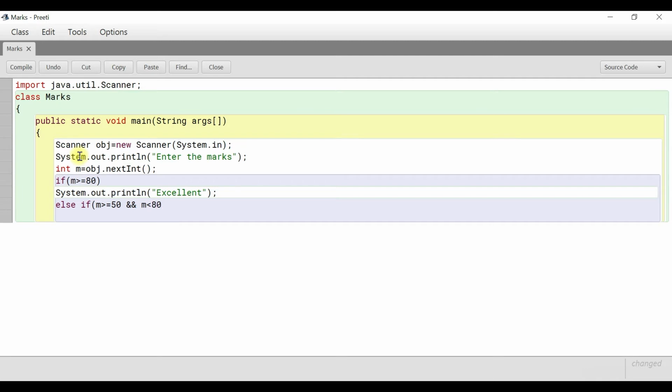So we have not put an equal sign over here. Why? Because 80 is included above. If your marks is 80, then the message should be excellent. So here the marks should be between 50 to 79. So 80 will not be included here. Fine. In this case, what should be the message? Good.